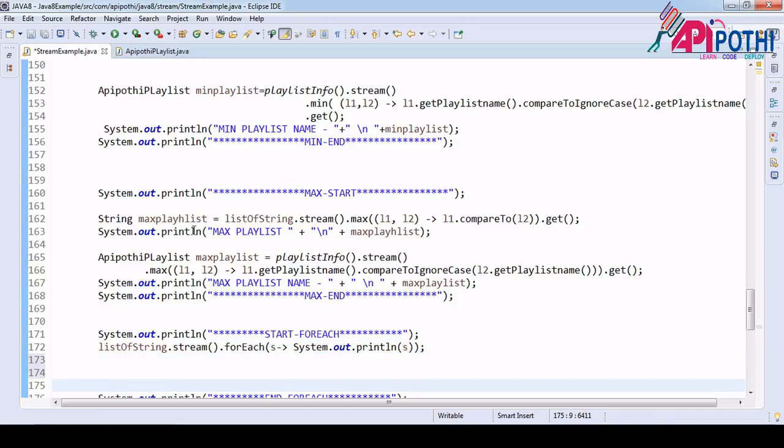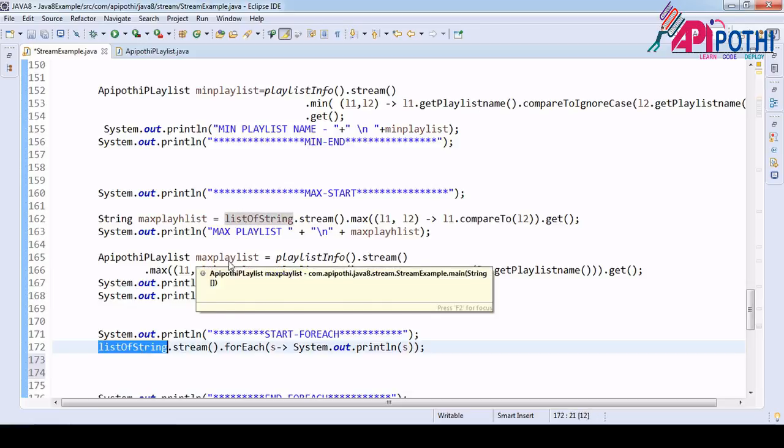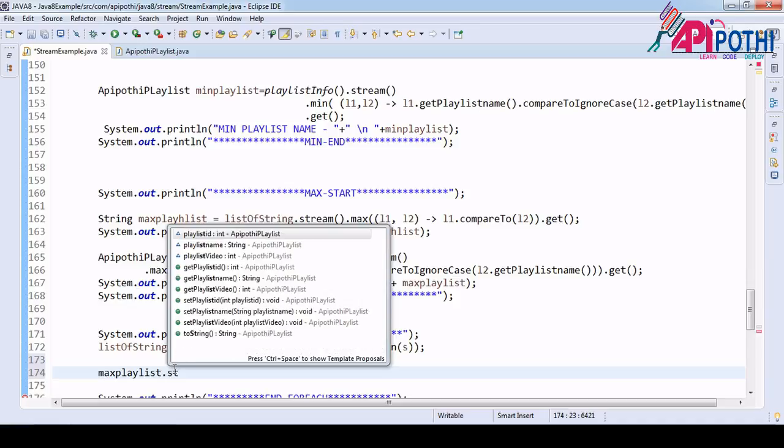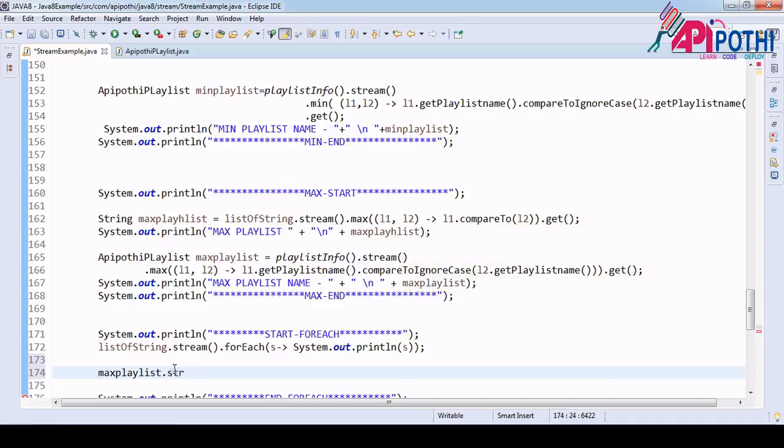This is how for each works. Okay, this is the list of string, right? Another one is playlist, right? Playlist also you need, right? So what you can do is playlist dot put inside the stream, this one.